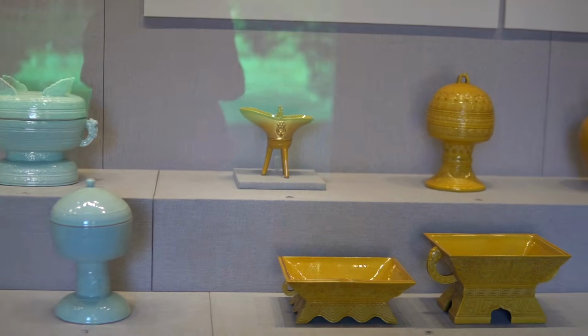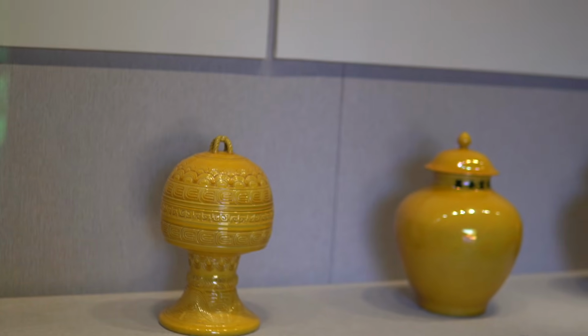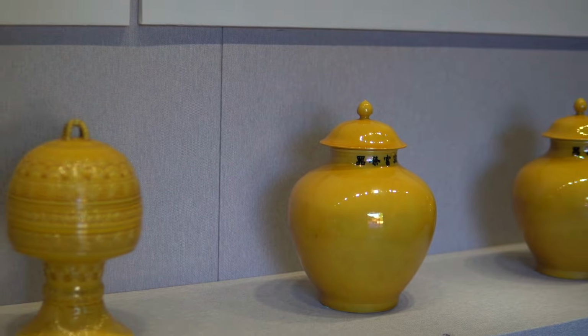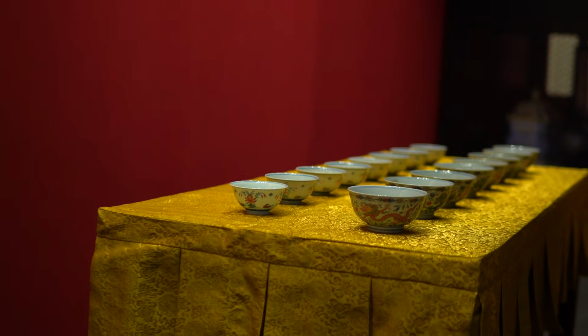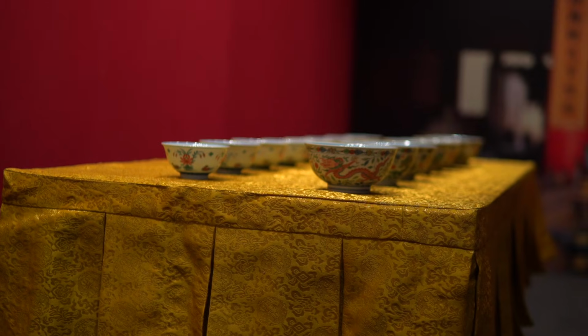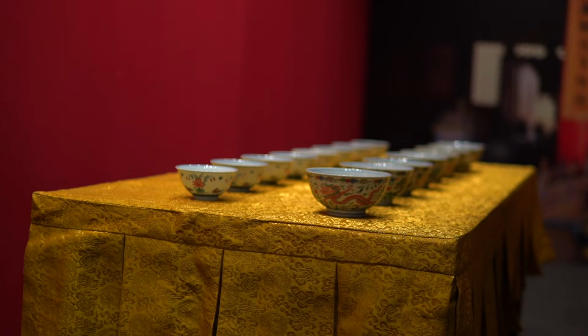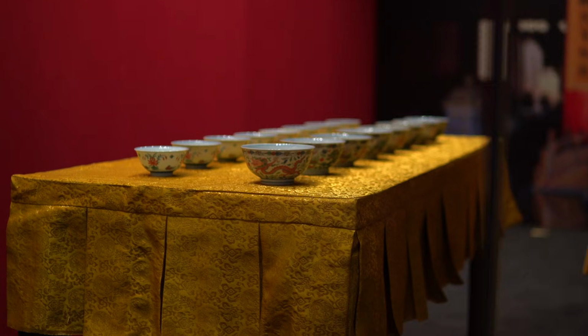Isn't it so wild how a place that was once closed off to most common people and foreigners is now open and a place to be enjoyed by many, including me, a foreigner? I just find that so crazy. And now, among the galleries that I mentioned, one of them happens to be a ceramics gallery. And if you haven't noticed by now, this is indeed a ceramics channel, so that's what we'll be looking at today: